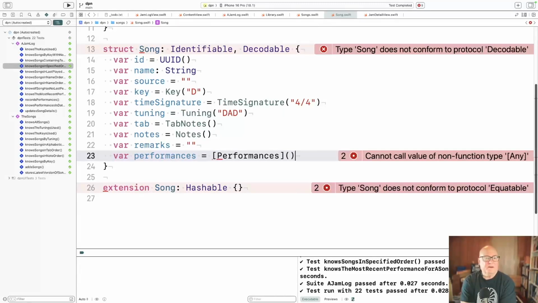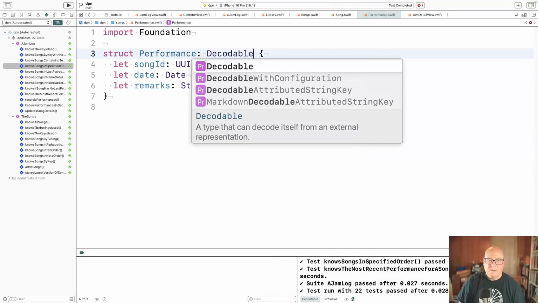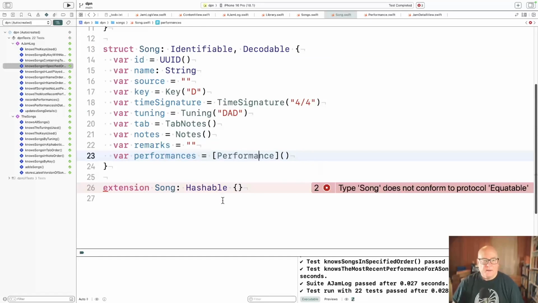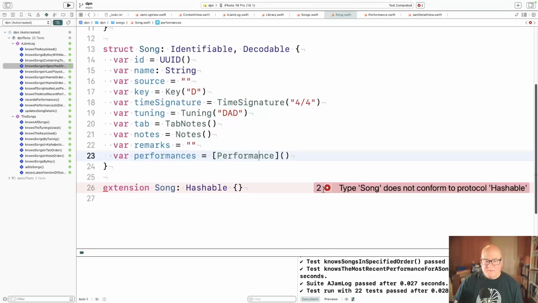Okay, performance. Oh, that should be performance. It is not decodable. I think they will have to be codable in the end. Okay, performance needs to be equatable. And I think those are pretty accurate. If the date, the remarks, or the song ID are different, they're different. It does not conform to hashable.